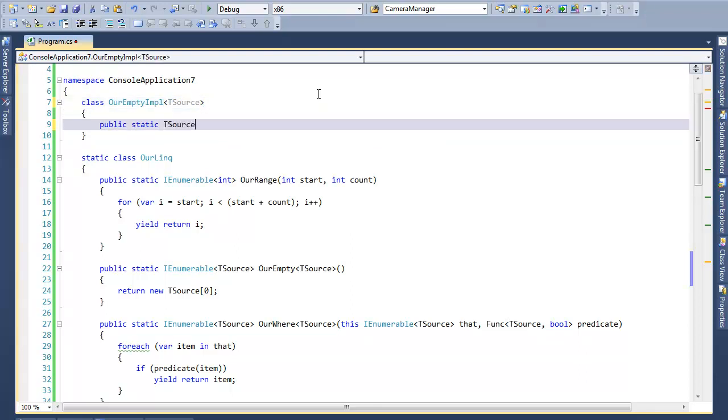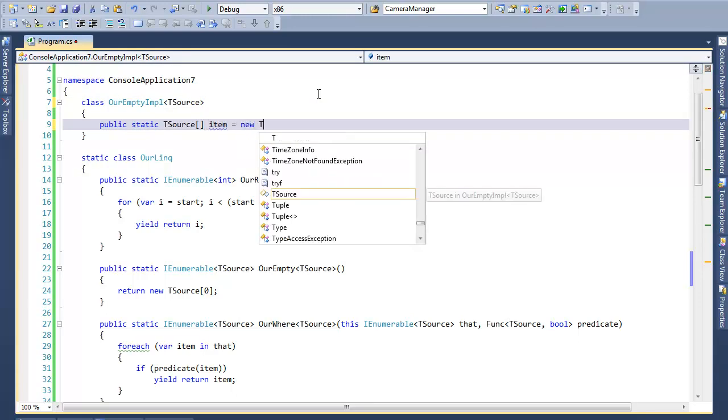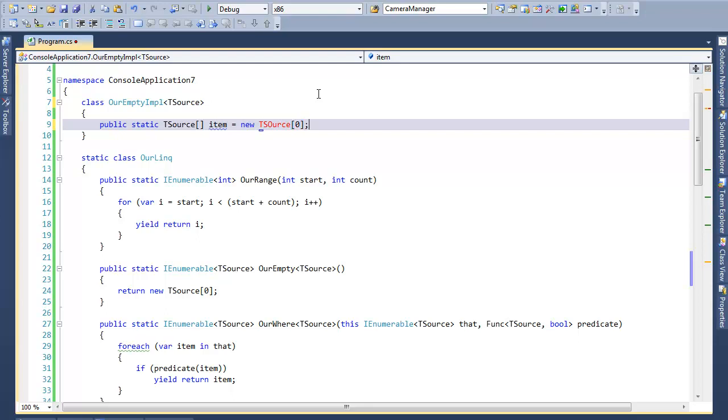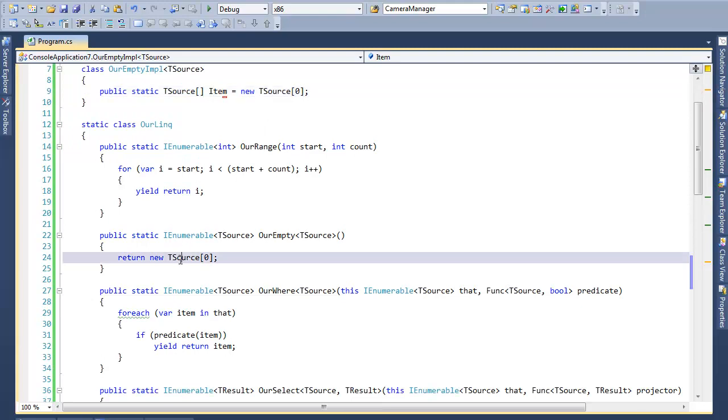Public static array of TSource, and then you do equals new TSource of 0, and there we go. And so now if we do this,